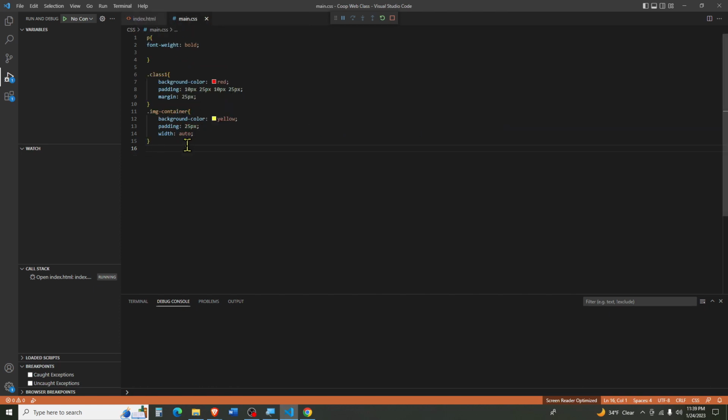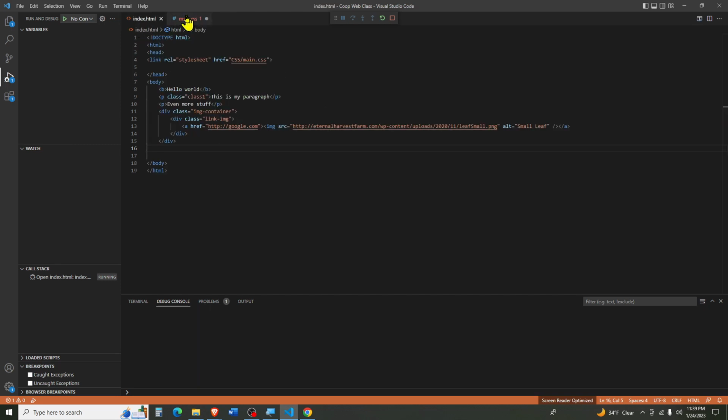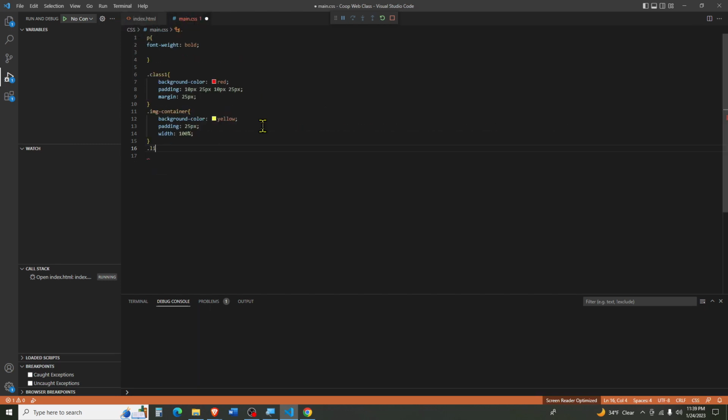So in our image container, I added auto. I want to add 100%. All right, our width for the image container is 100%. But now we also have, what did I just call it? I don't even remember what I called it. Link image. Okay, so we have our link image,